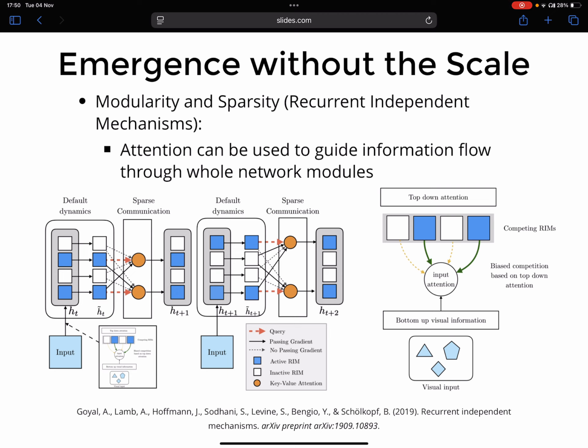And in this case, they were using attention. So I'm not going to go through this whole thing. It's called a recurrent independent mechanism for anyone who's interested. Again, the link's at the bottom. But essentially, the whole point is that they were taking in this input and then using an attention-like process to